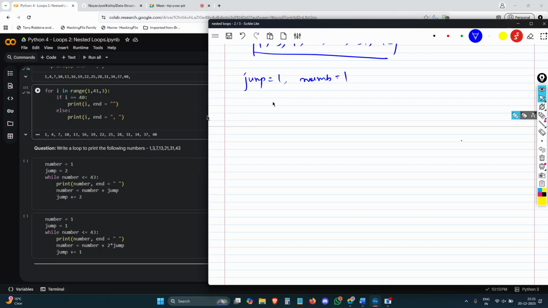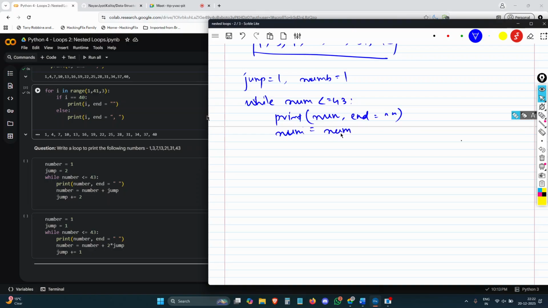Then what we can do is, in the while loop, we can print it, and instead of incrementing with just jump,